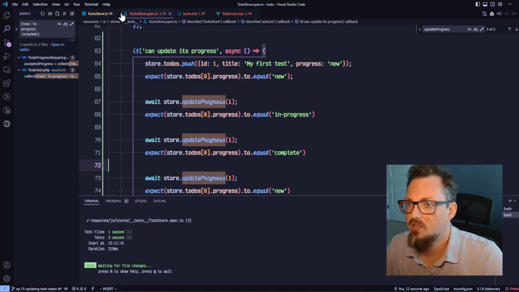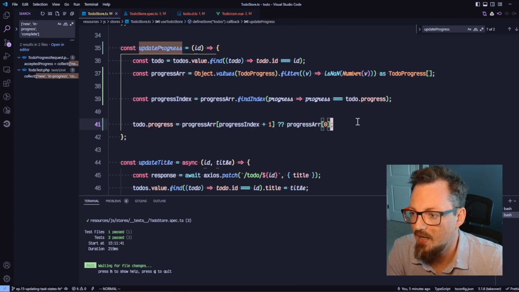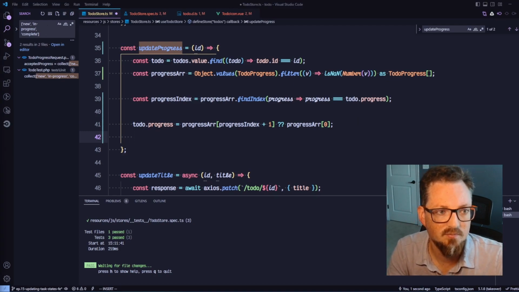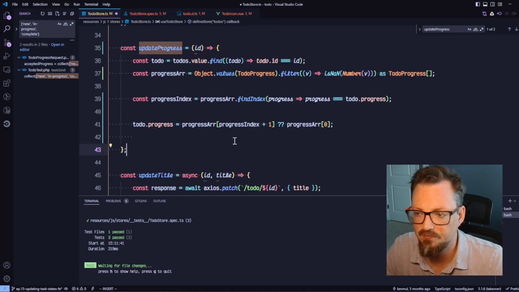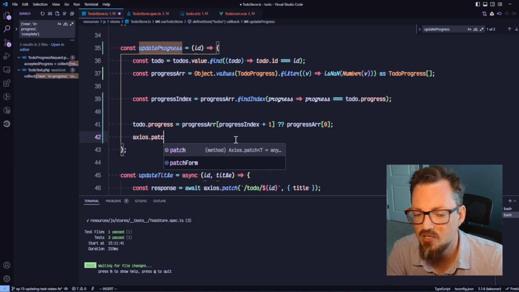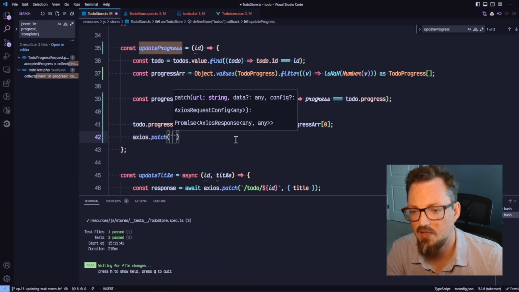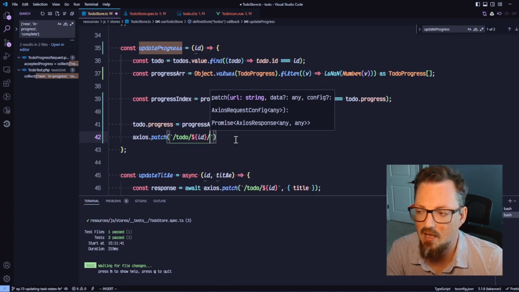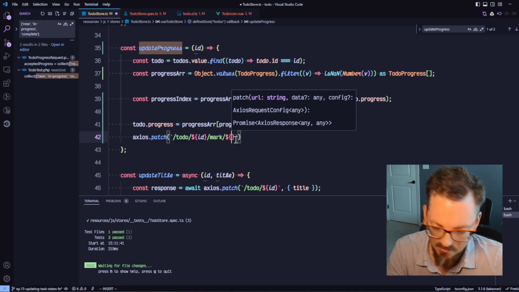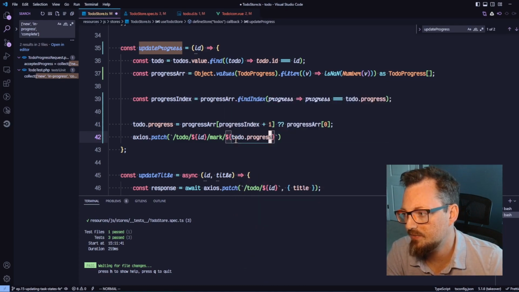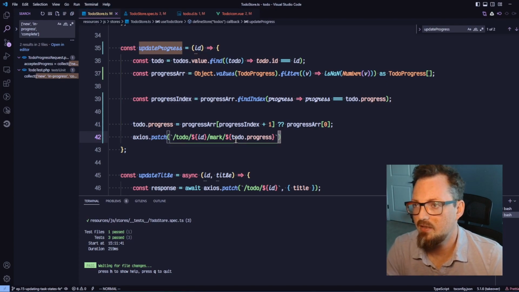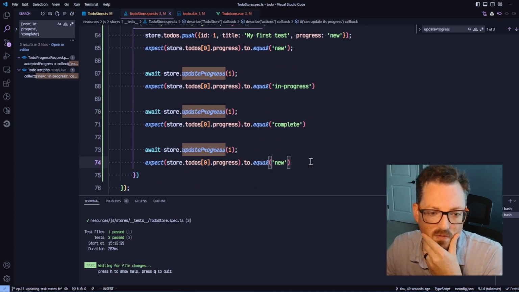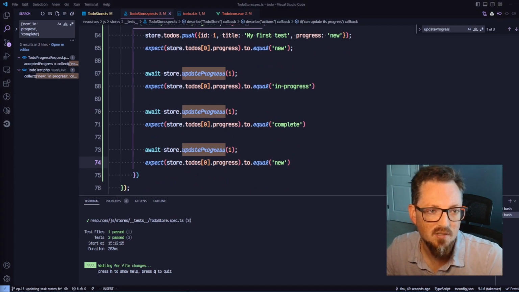Let's go to our to-do store. I want to say axios.patch, and where we're going is our to-do slash, I'm going to give it the ID, and we're going to mark it as our to-do.progress. And now we save, it's still passing, but I want to make sure that the test was,